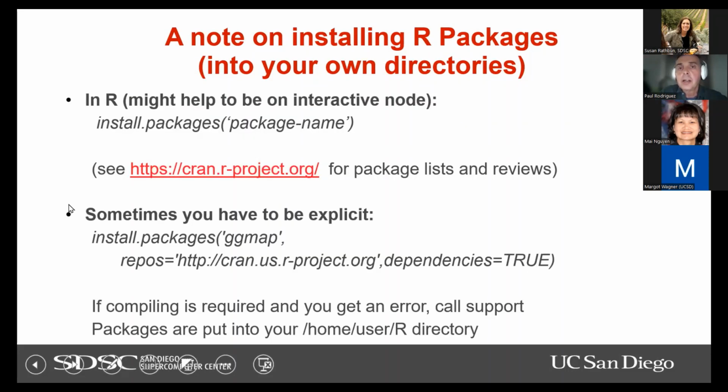If you need to install R packages into your own directories, I was able to install the doParallel package without any problem from a training account through the portal. I find that sometimes you would really rather be on a compute node when you install this, especially if it's a big package, maybe it has to do some compiling. Sometimes you have to be explicit in your parameters for install packages,